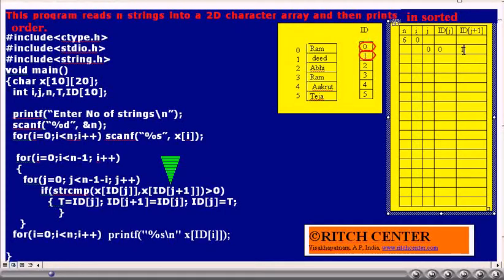If we compare x of id of j, that is x of 0, and x of id of j plus 1, that is x of 1, that is, if we compare ram and deed, the second string deed will not come first in the alphabetical order. Thus, no exchange operation takes place.